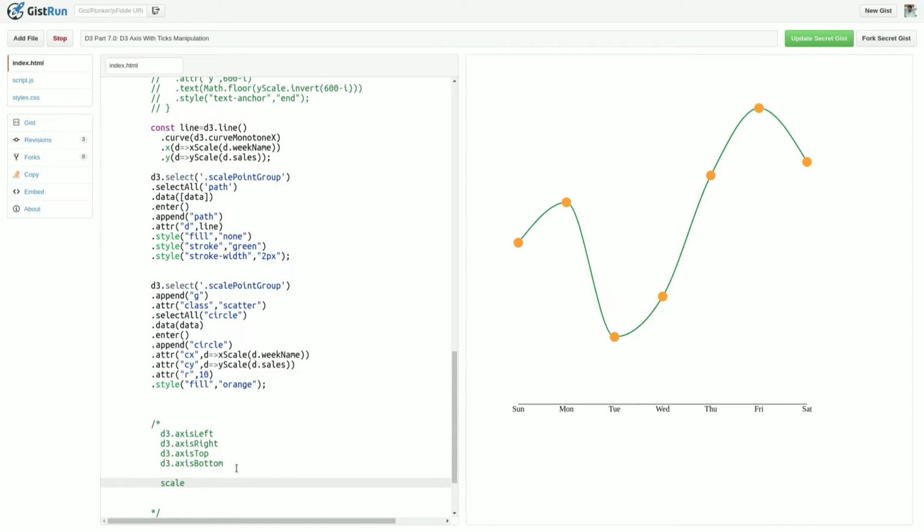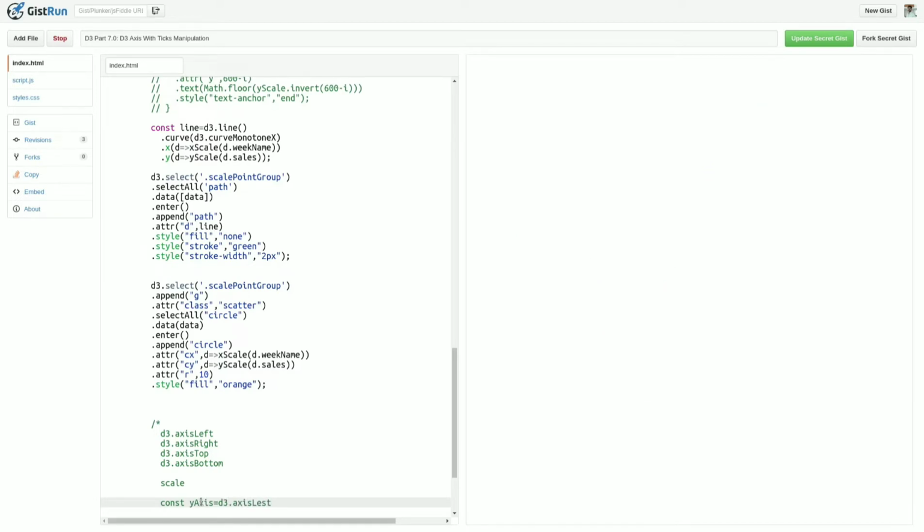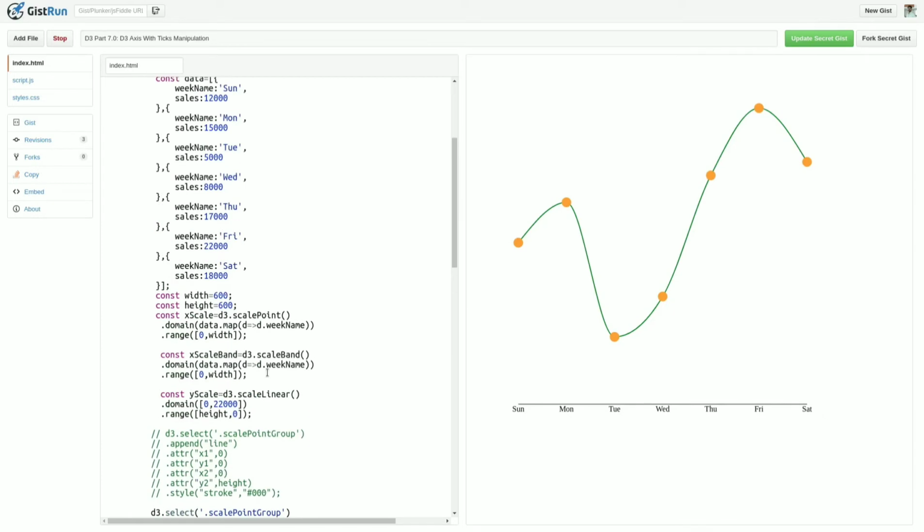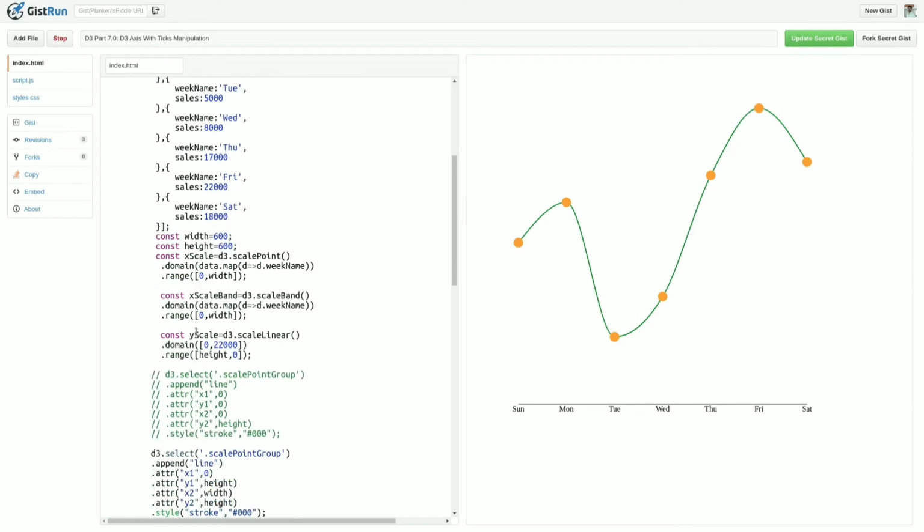Now if I want to create the axis object, how can I create it? If I want to draw this y-axis on the left-hand side, meaning the left y-axis, I create the yAxis variable using d3.axisLeft. In that I pass the scale that I created here, the yScale.